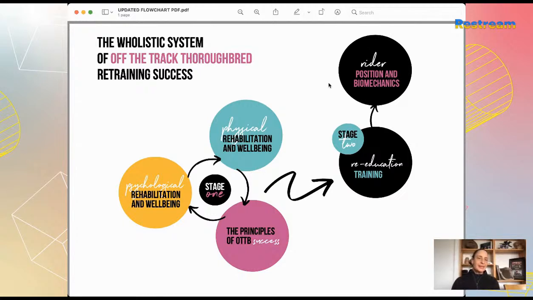So rider position and biomechanics, this is really important, and you can do it while you're retraining your Off the Track Thoroughbred. It doesn't have to be perfect. Everything to do is with basics, and I've got some wonderful